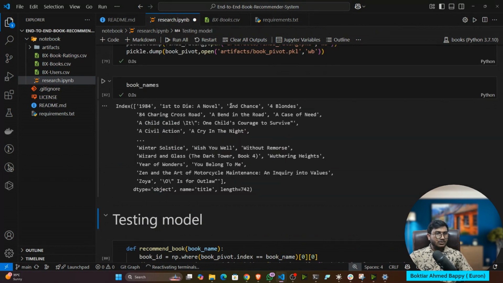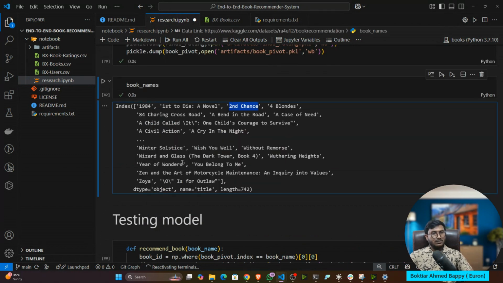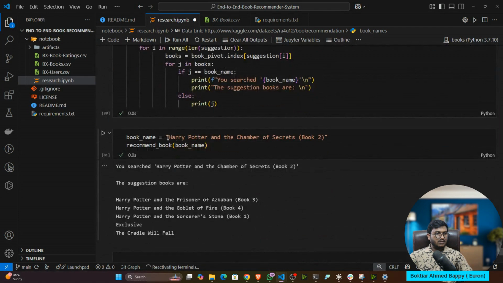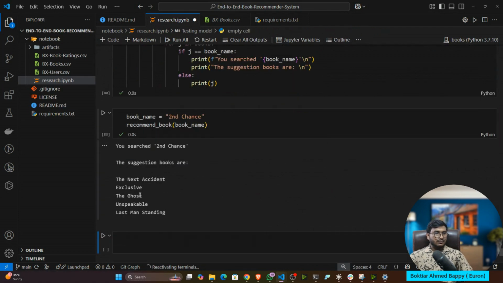I'll give this one, Second Chance. So this will give me suggestions related to Second Chance right now. It is giving Next, Accident, Explosive, The Ghost, and Unspeakable. Then Last Man Standing. If you read these books, you will see the same taste. That's why it is giving you the recommendation like that.